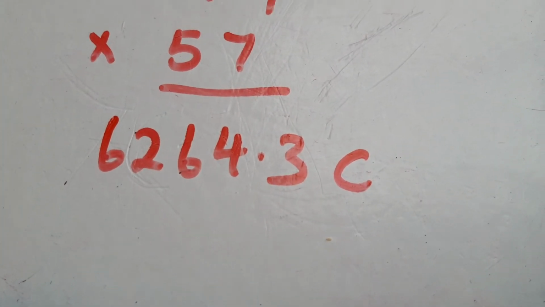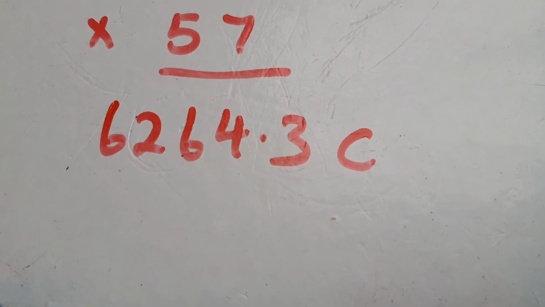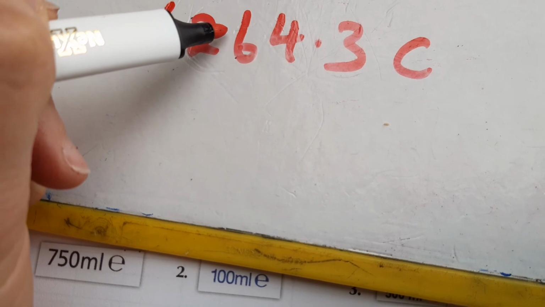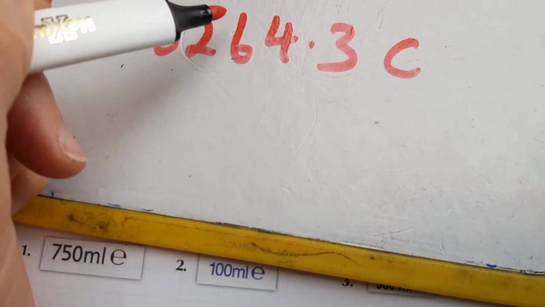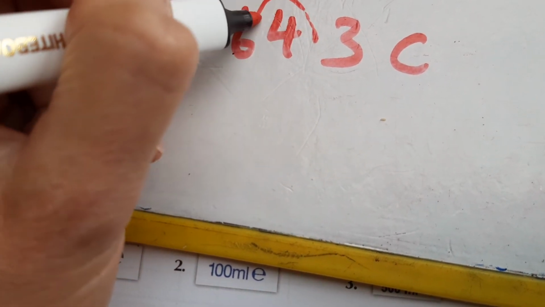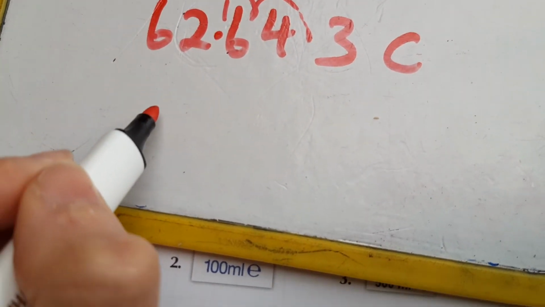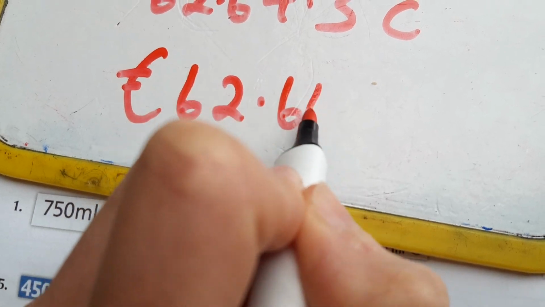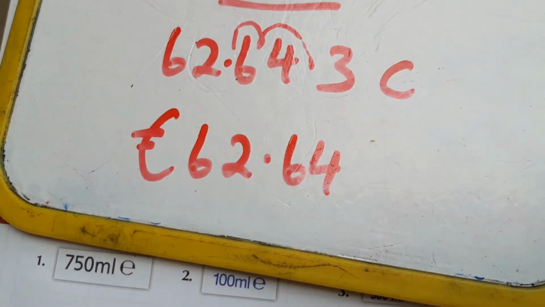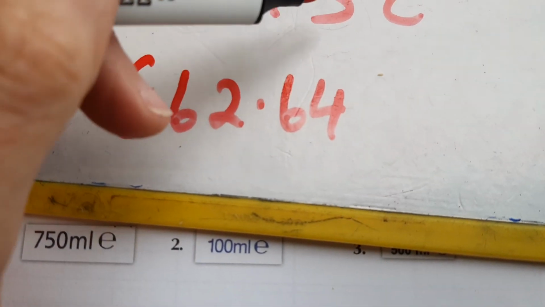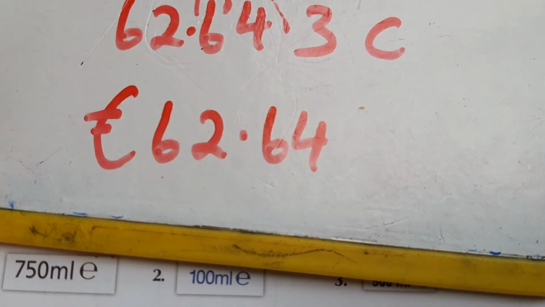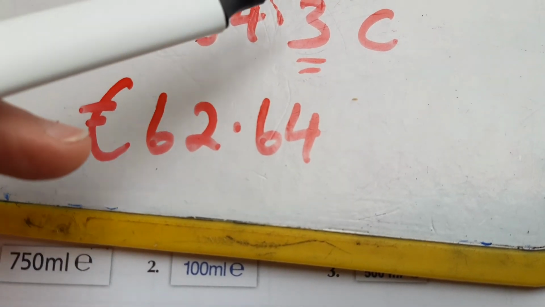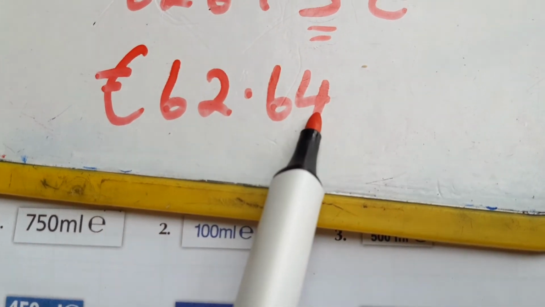because we were working out cent per litre. So you're going to have to change that into a euro amount. So to change it to the euro, you move the decimal point 2 places to the left, okay? Because you're dividing it by 100. So that's 1 place, 2 places. So the price in euro is €62.64. Okay. And what happens with the 3? Well, you can round it. They have rounded it there. They said to round it to the nearest cent. So a 3 will round down, which means that would stay 64 and not go into